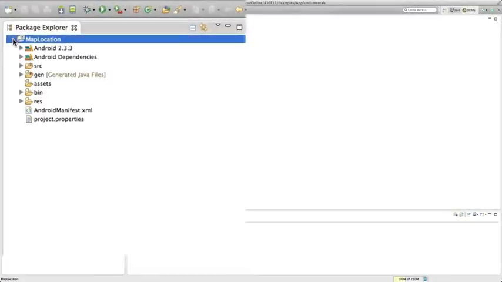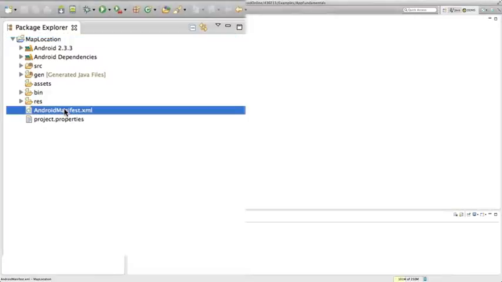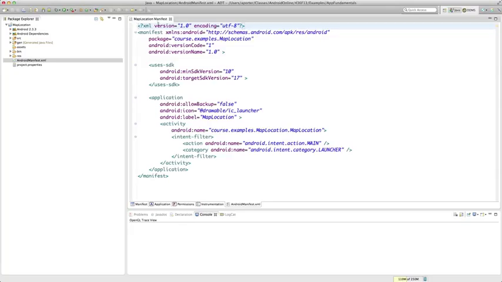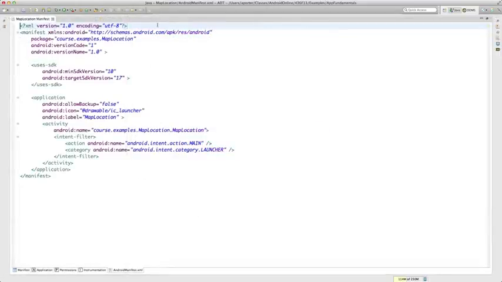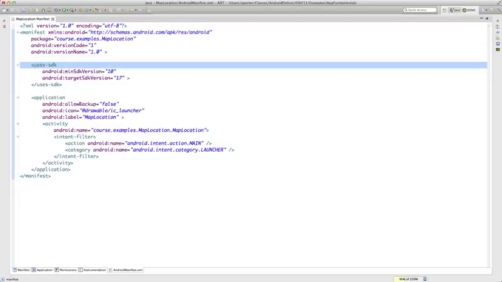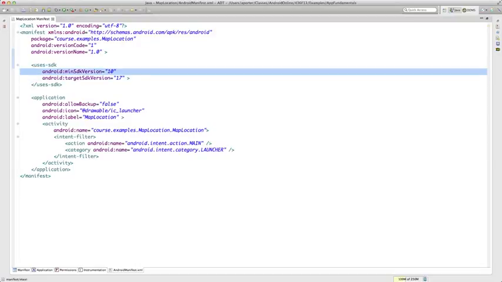The AndroidManifest.xml file is in the top-level directory of the application. Let's open it now. Inside, you see that there's a manifest tag telling Android that this file contains the packaging information that it needs. There's a lot of other information in here as well, but I'll just discuss a few pieces of it. One element we see here is the uses SDK element. This element includes an attribute, min SDK version, that specifies the minimum API